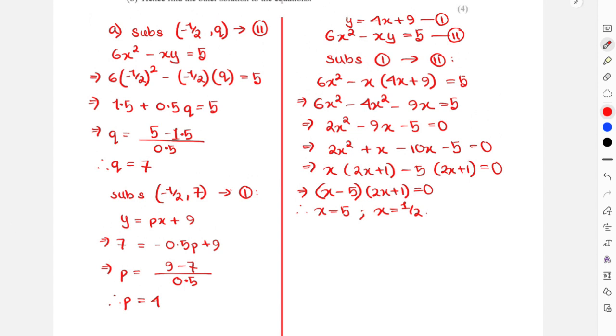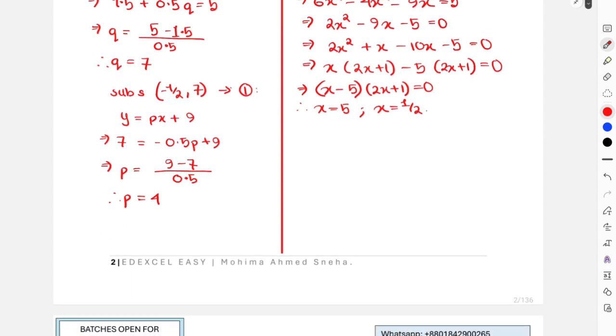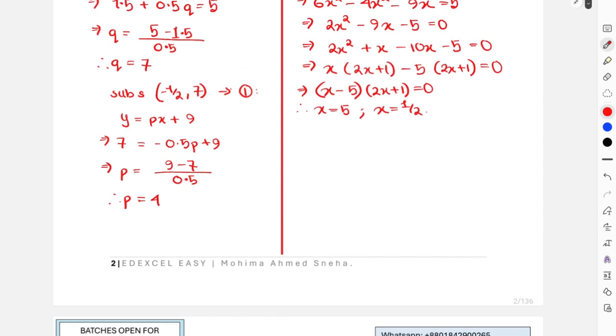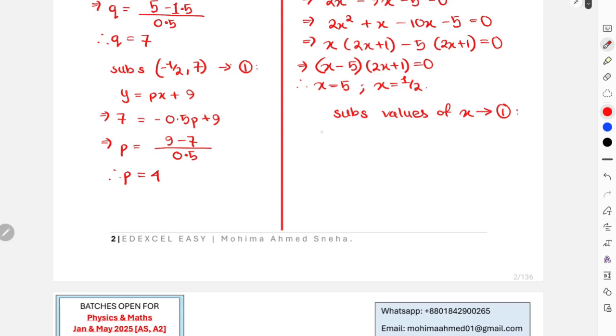Now as you have two values for x, you're also going to get two values for y. So we will substitute both values for x into the first equation to get two different values for y. So again we'll write substitute values of x into equation 1, which is going to be x equals 5, which will turn out to be y = 4(5) + 9, that is 29, and then again when we substitute x equals negative half,